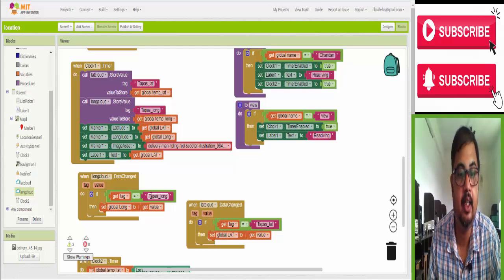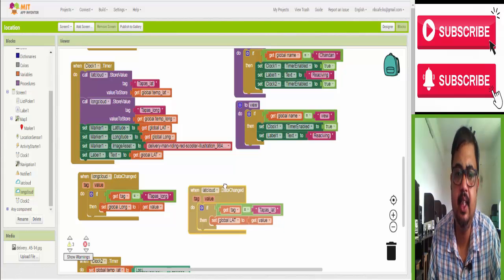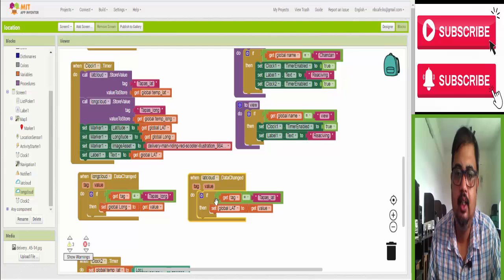Whatever value you get, store it. From where? From the server itself. Same thing in lat cloud also. It stores the value of the Tapas lat tag. Whatever value is stored in that tag, that value is stored here. So it will operate like that. It sends the value with a tag and you pull the value with the tag.